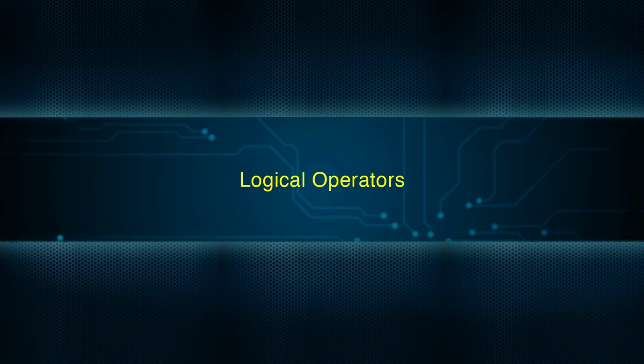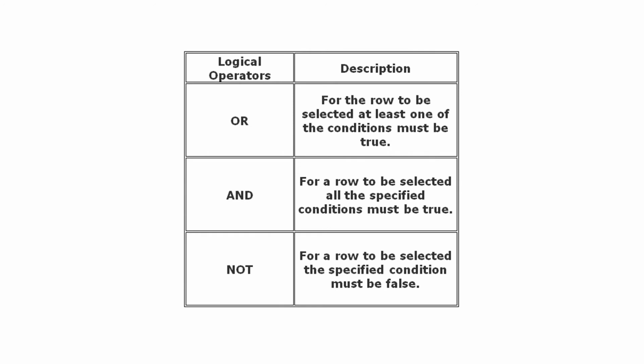Logical operators. There are three logical operators, namely AND, OR and NOT. These operators compare two conditions at a time to determine whether a row can be selected for the output. When retrieving data using a SELECT statement, you can use logical operators in the WHERE clause, which allows you to combine more than one condition. The logical operators and their descriptions are given in the table.